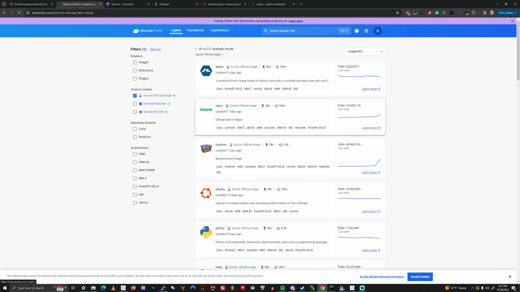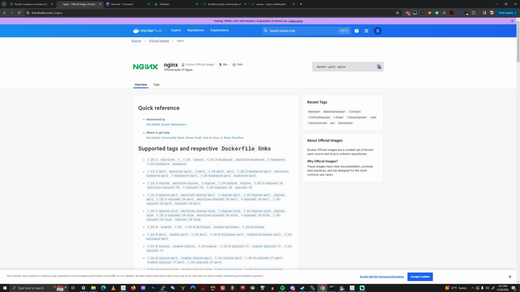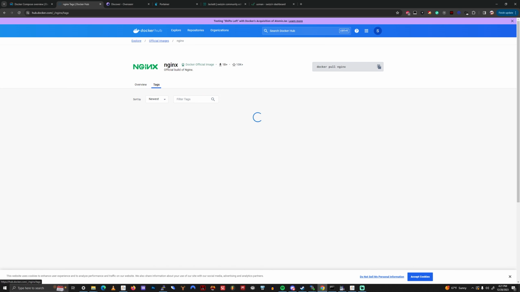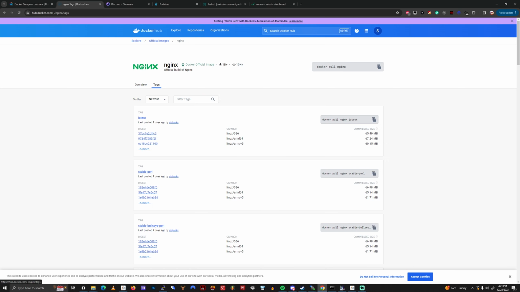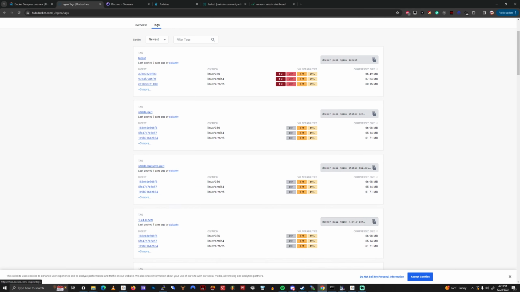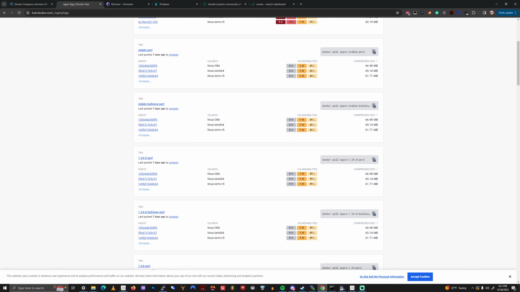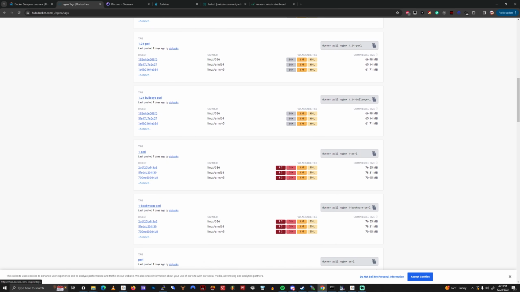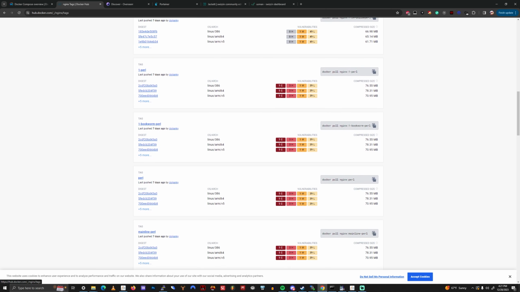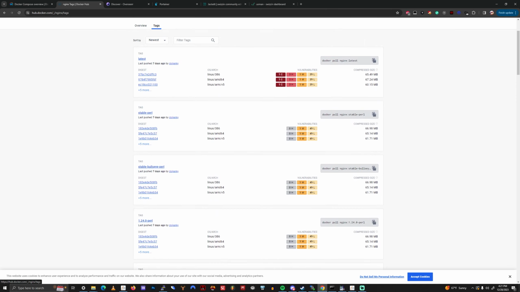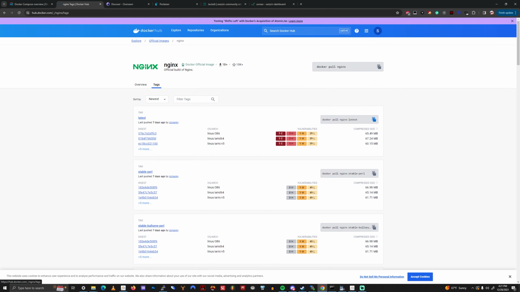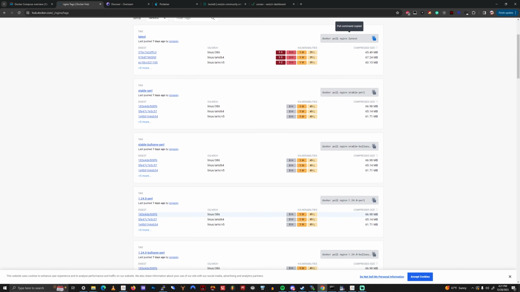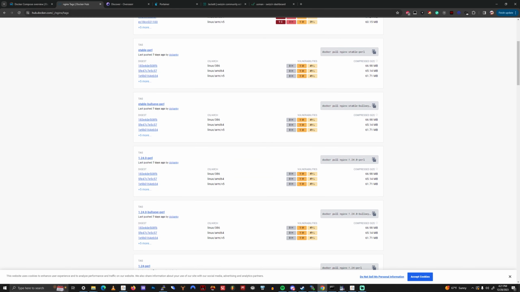And let's say, oh, I want to install Nginx really quickly. So Docker pull Nginx, you look at the tags and you can grab either develop, latest, stable, bullseye, bookworm, Perl. I think bookworm is mine. But apparently you could just grab the latest. Or you could do it that way. But Docker is essentially